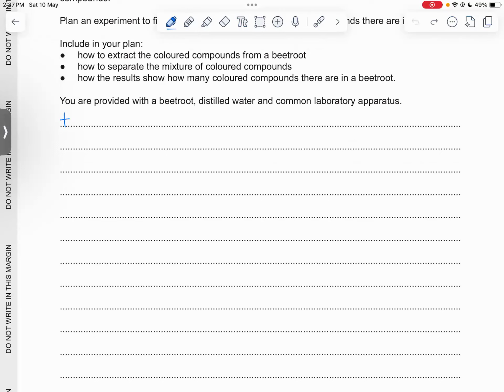Take a beetroot, and do you know, in a mortar and pestle you shouldn't put it directly. You should first cut the beetroot in very thin slices, right? Cut it in cubes or something. Take a beetroot and cut it into small pieces. Why do we cut it into small pieces? So that it is easier to crush.